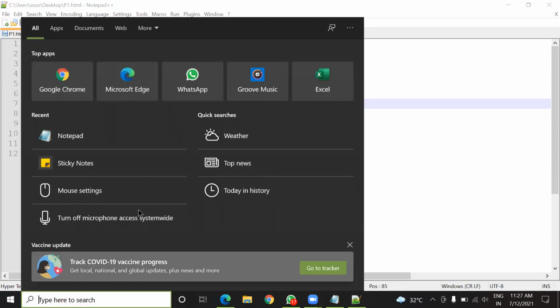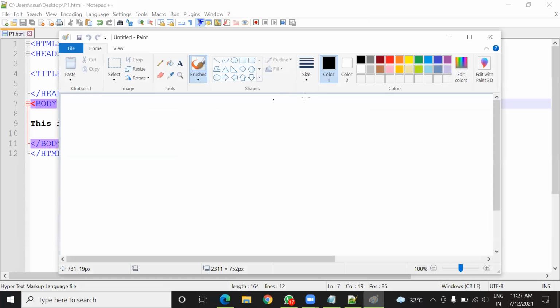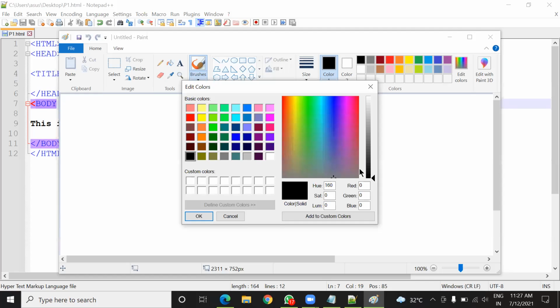If you have used MS Paint, then you can find a color mixing feature here. Let's see here, edit colors. For example, if I want to use this color in my web page, you can see red, green, and blue have certain number values: 40, 193, 198.